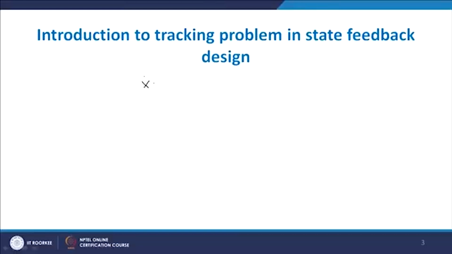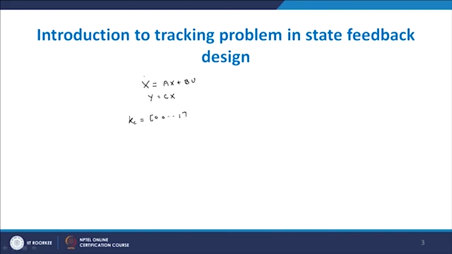If you see any system, for that system there is a need to design a controller. The basic purpose of a controller is to clear the transient issues as well as the steady state issues. Now we have seen state feedback control design, that is, for x dot equal to Ax plus Bu, y equal to Cx, the controller Kc is determined as